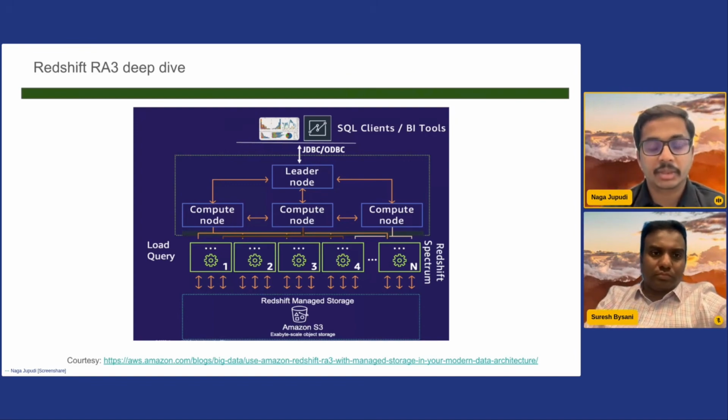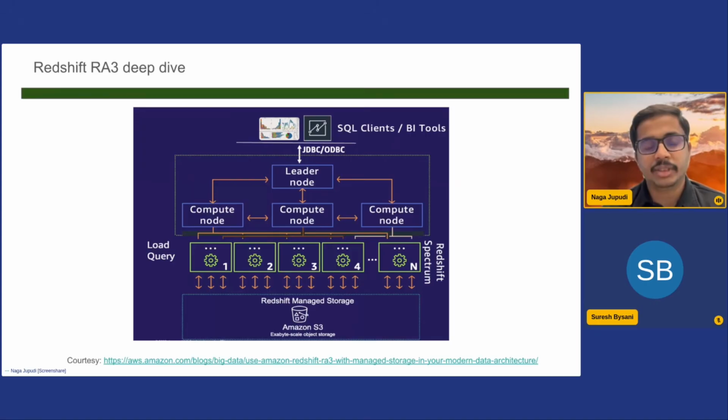I would like to give an initial introduction of what the Redshift architecture is and how we were using Redshift at Eightfold. And later on, I'll give a brief introduction of how we are migrating all our data to StarRocks, and what is our end goal with StarRocks. And also any possible future work that we are planning to have on StarRocks before enabling all the use cases that we want here. So similar to StarRocks, Redshift also has an RA3 architecture.